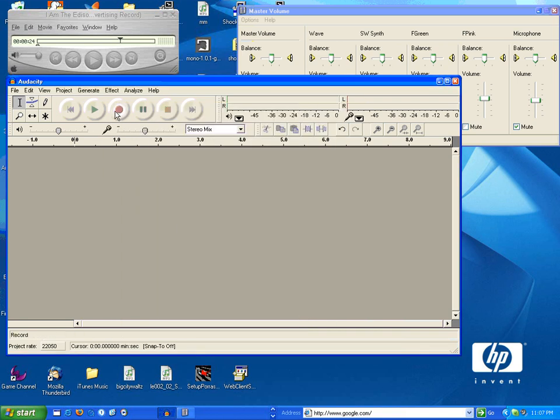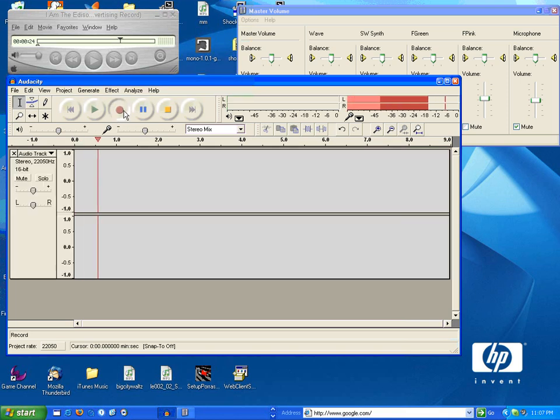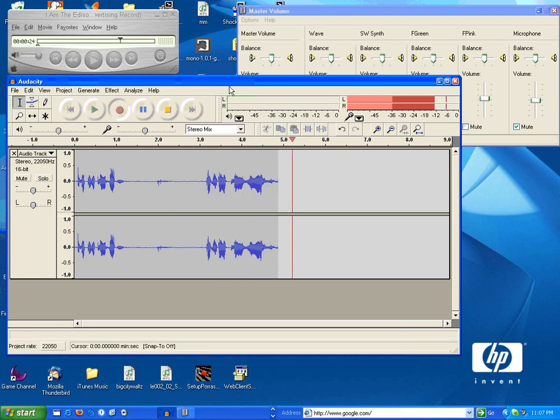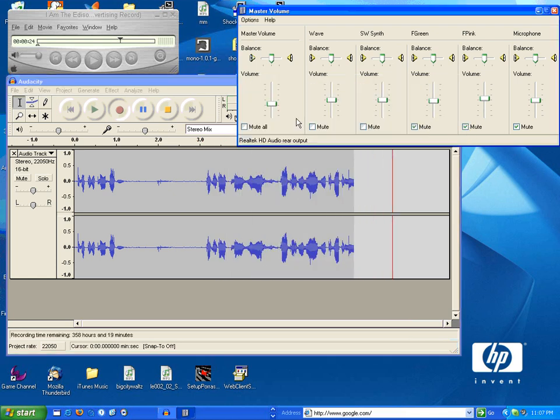And if you get this all going, then what you can do is click the record button, and start playing your thing. So normally I mute the microphone by